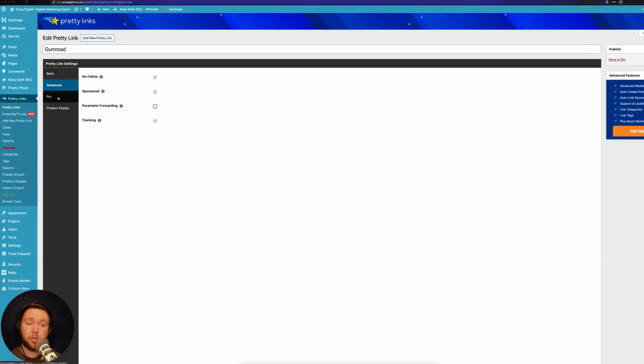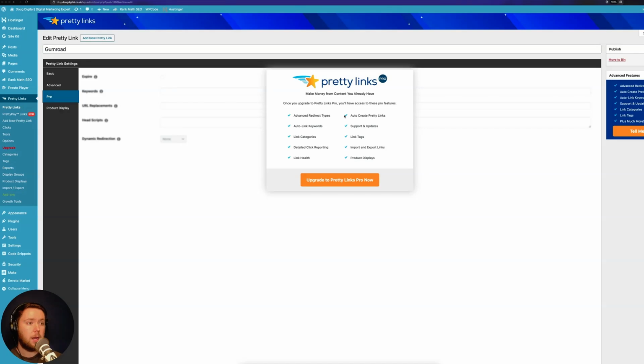There is a pro package. Again, I don't pay for this, but that gives you auto linking. So if you use certain keywords, Pretty Links will detect that and auto create that link. You get advanced analytics and you get a few other things as well. I really think for the average of our users, most of you will be perfectly suited with Pretty Links,